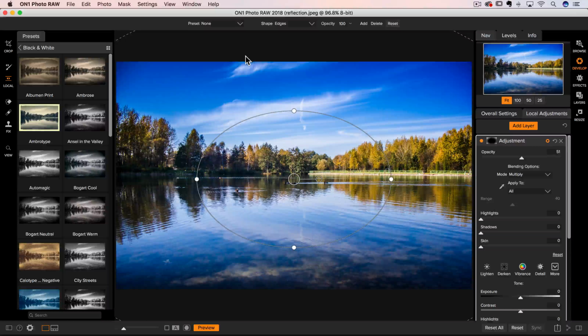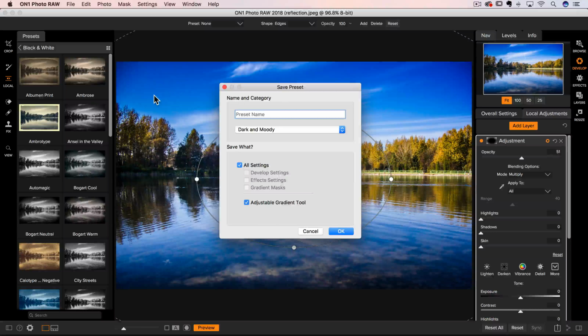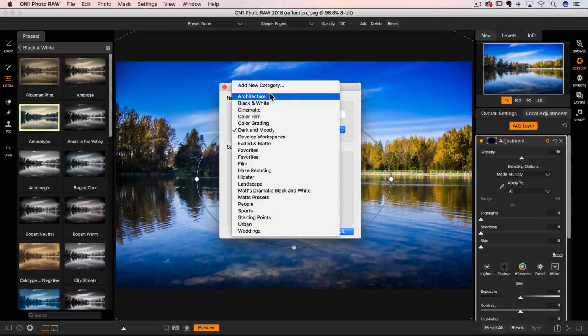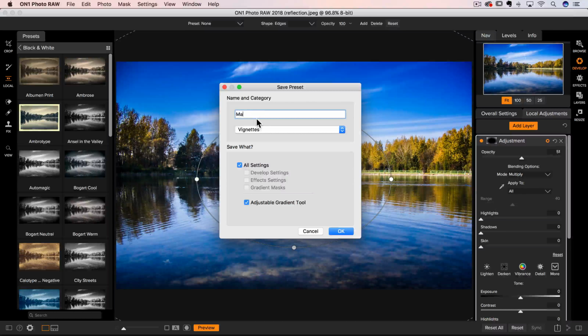Now, the nice thing about this is if you come up here to settings, you can go down here and save them as a preset. I would suggest coming in here and maybe adding a new category if you think you're going to do this a lot, and make a new category called vignettes. And I'll just call this matte vignette,